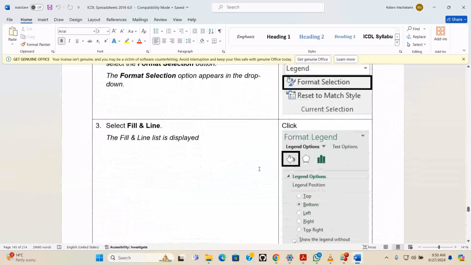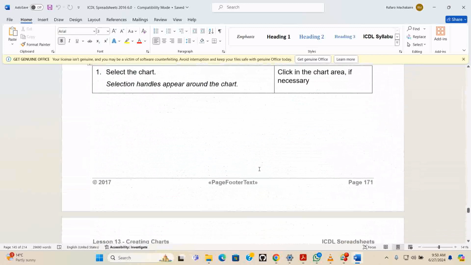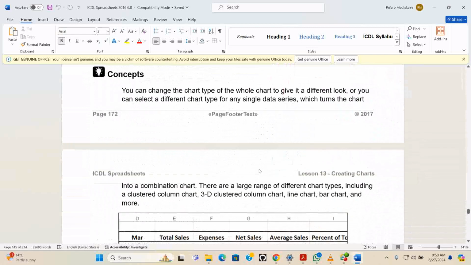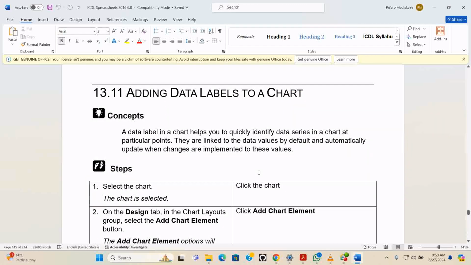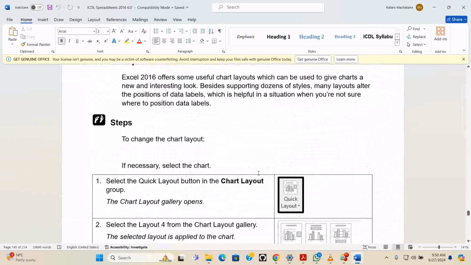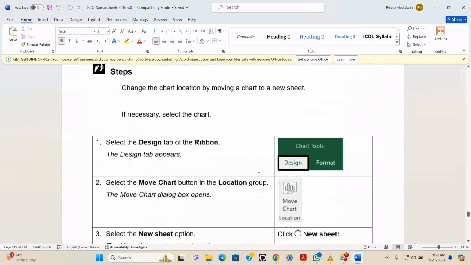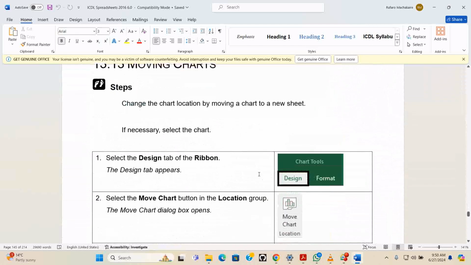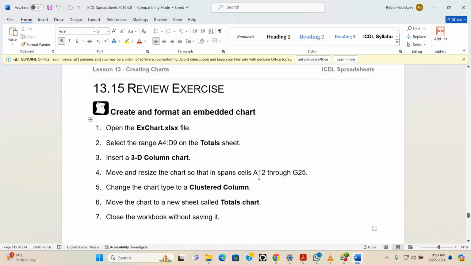We have what we call the chart area, we have the plot area. There's a difference between plot area and chart area. I think we did that when we were doing a presentation: how to add labels, how to add the legend, how to add data labels, how do we move the chart, how do we delete the chart. So